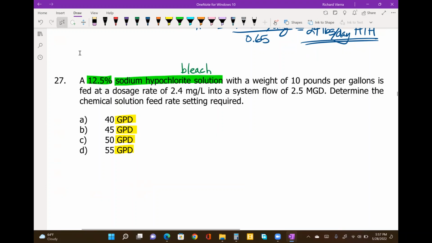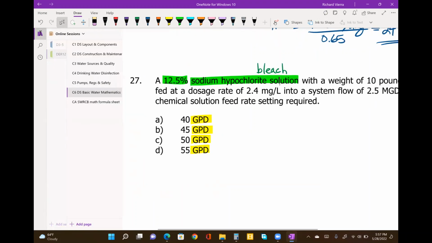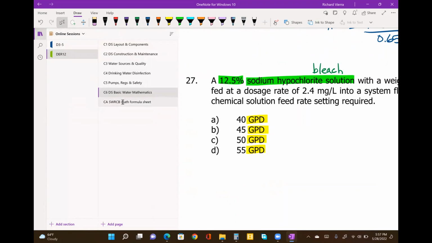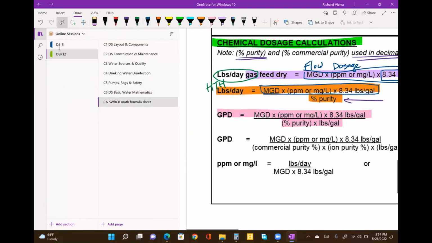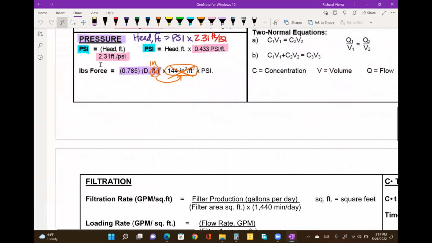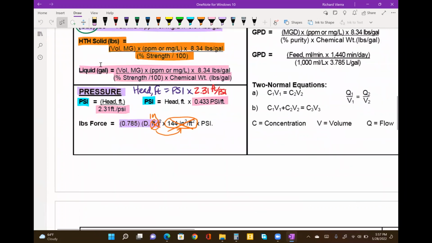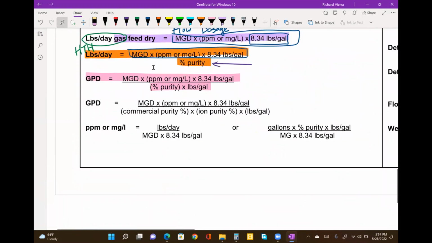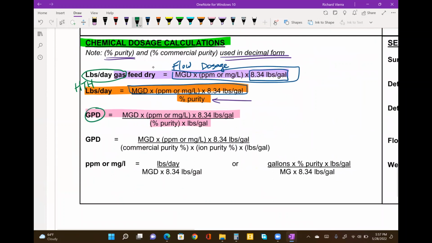Okay, so this gallons per day description is similar to the way it's shown on the back side of the formula sheet. So the third one down, just like on the front, the third one down is the liquid form of the compound. Same thing on the back. The third one down is for our liquid calculations, and we can tell because now we've not got a calculation that we're doing in pounds or pounds per day, but in gallons per day. So this is our liquid bleach solution,